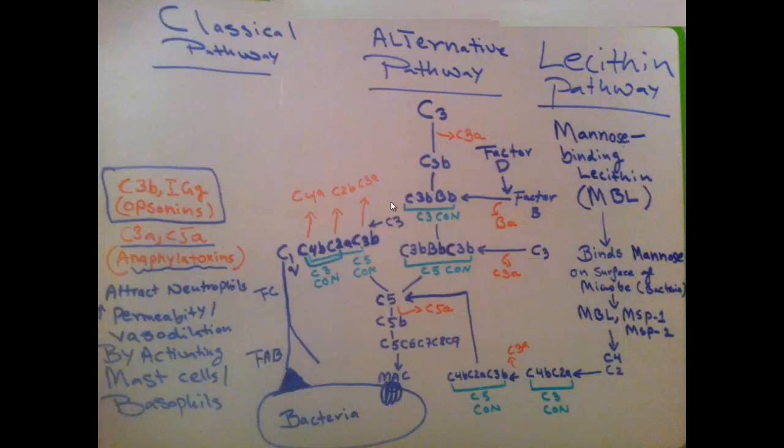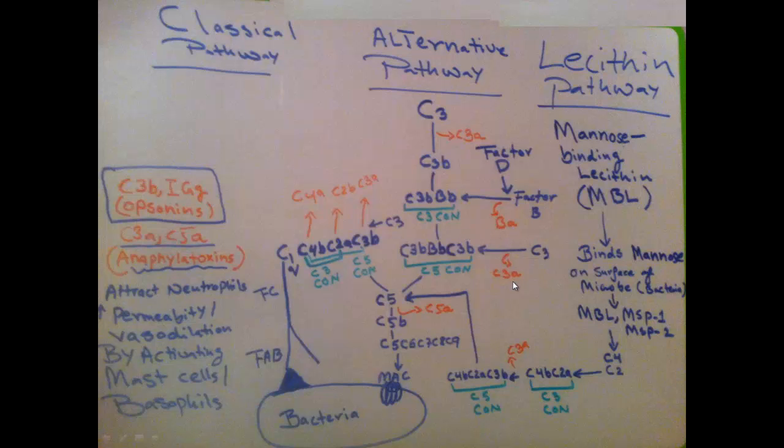Now, another pathway we mentioned was the alternative pathway. In the alternative pathway, C3 directly binds to the bacterial surface and is cleaved into C3b, and the C3a is cleaved away. C3b is then joined by factor B, and factor B is cleaved by factor D into Ba and Bb. So the C3b binding to the Bb will form the C3 convertase as we saw before, but this is in the alternative pathway, and the C3 convertase again will convert the C3